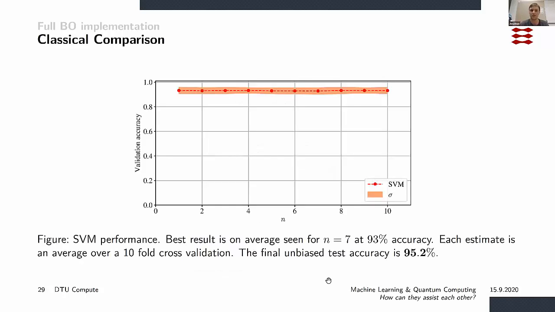The idea is completely the same. In this case, I use another classical machine learning model called a support vector machine. And don't mind what that is. It's just a machine learning model trying to classify blue from red. And you can see that for that model specifically, it doesn't really matter whether it gets 1 bit or 2 bits or 3 bits, even up to 10 bits. It gets the same accuracy right here as we just got before.